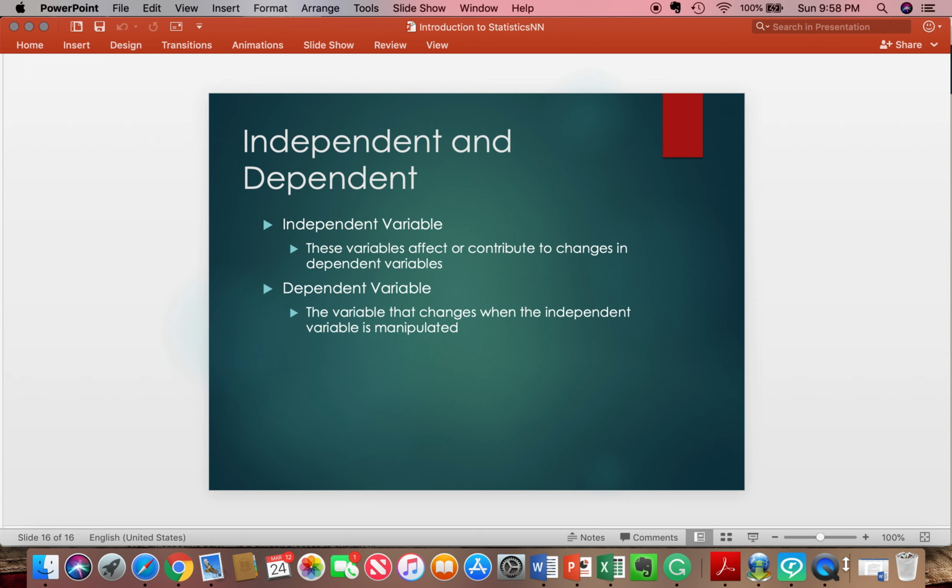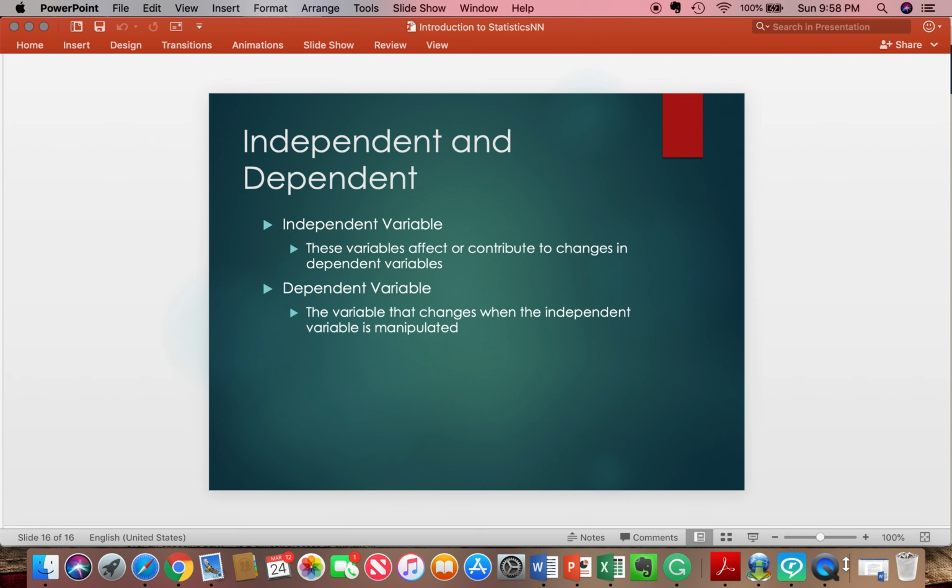So what am I going to be able to manipulate in my study? And then the way that we manipulate it is going to have an impact on the dependent variable. So if IQ was what we're measuring, the dependent variable, the independent variable, we could then say if you went to Cal Baptist or you didn't go to Cal Baptist.